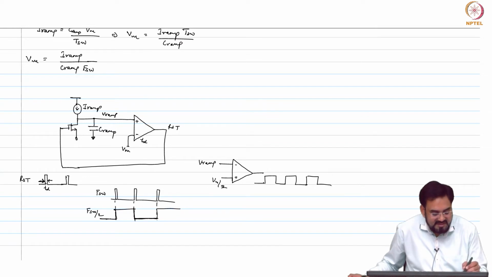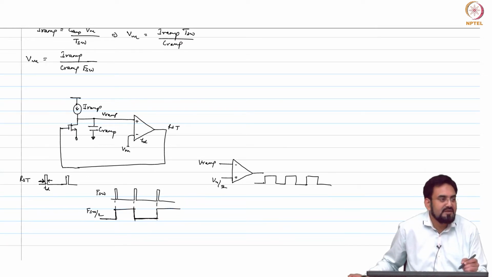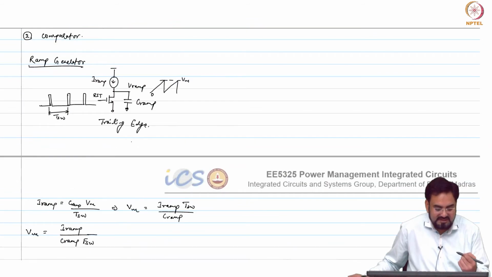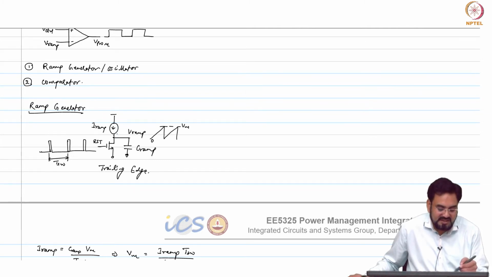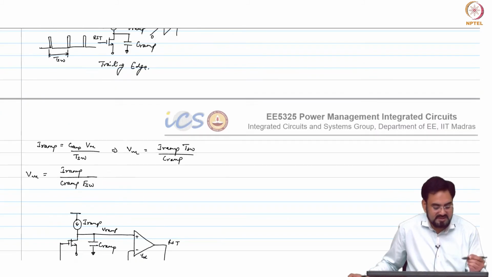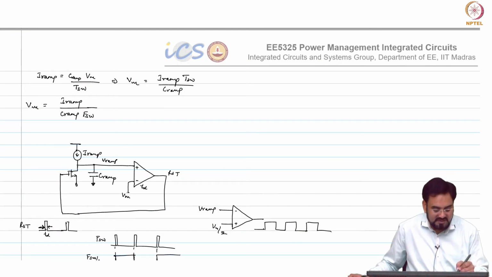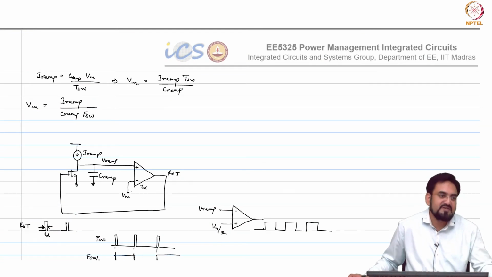So, the advantage here is, let us say if your current is changing here, it will only affect your frequency, but VM will always remain constant here, because you are comparing with the comparator. But in this case, if the current changes, your VM will change, or the capacitor changes, your VM will change, because your frequency is fixed here. So, if you change current or capacitor or both, one has to change, whether VM or frequency, but we are forcing the switching frequency here. So, VM has to change. Here we are not forcing the frequency, but we are forcing VM. So, switching frequency has to change.